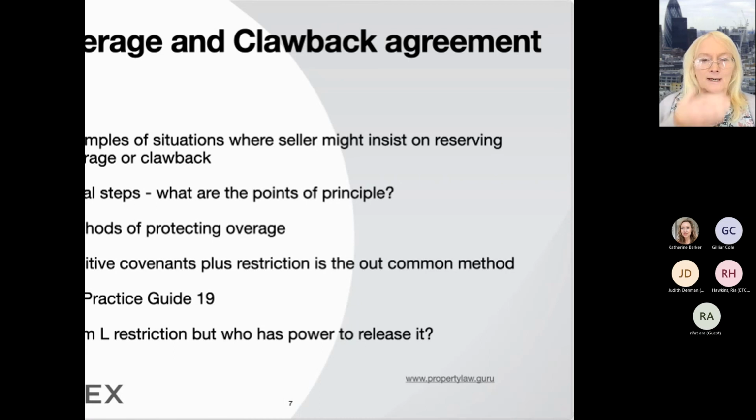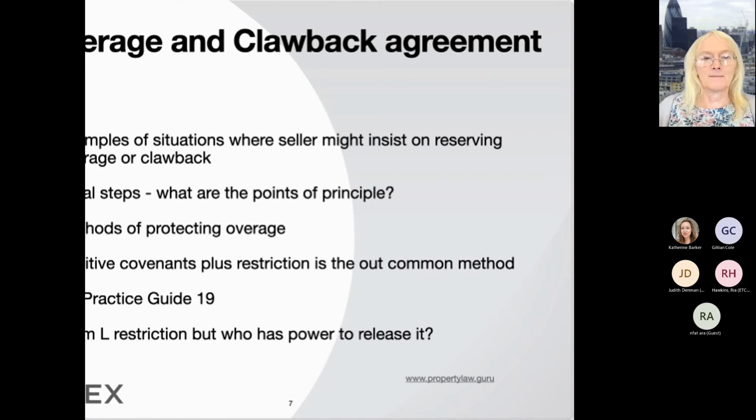It could be personal planning consent. You buy a piece of land, it's got personal planning consent, but the seller knows that you might make it full planning consent when the value goes up, and therefore we want more money. Or Section 106 agreements, where it's open space land given to a local authority or by a local authority, and then the use changes and the value goes up, and whoever owned it originally wants some more money.